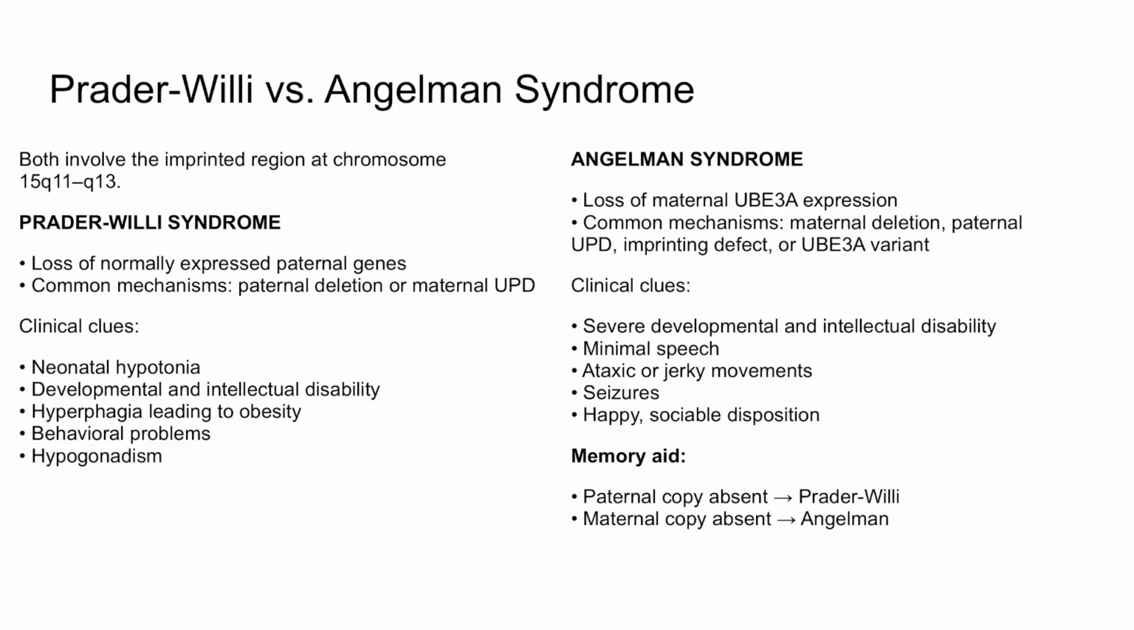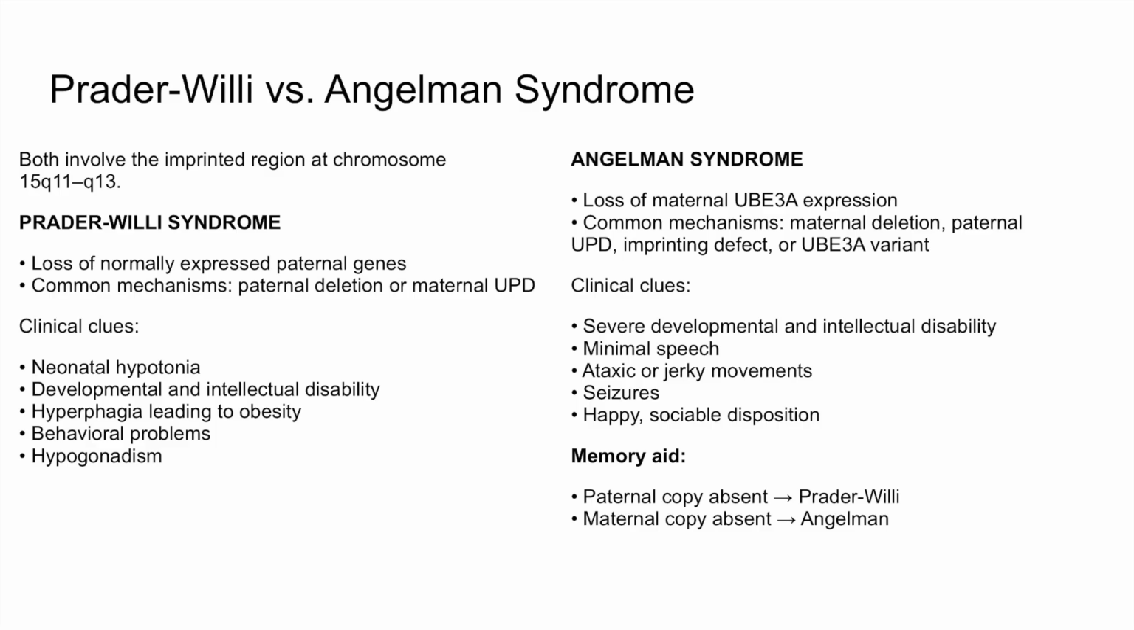So Prader-Willi and Angelman syndrome, we touched on it in one of the previous slides, but now we're going to do a bit more of a deep dive into it. It involves the same imprinted region on chromosome 15, but phenotype depends on which parental expression is lost. So Prader-Willi syndrome results from that loss of a normally active paternal gene, so coming from the dad, and this